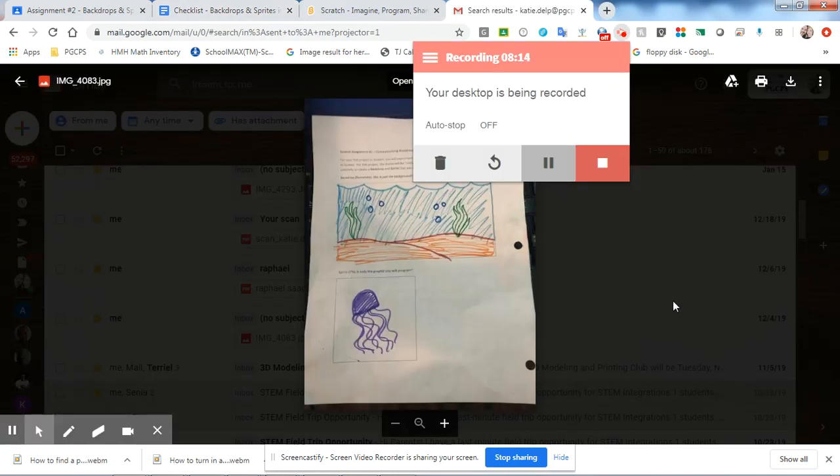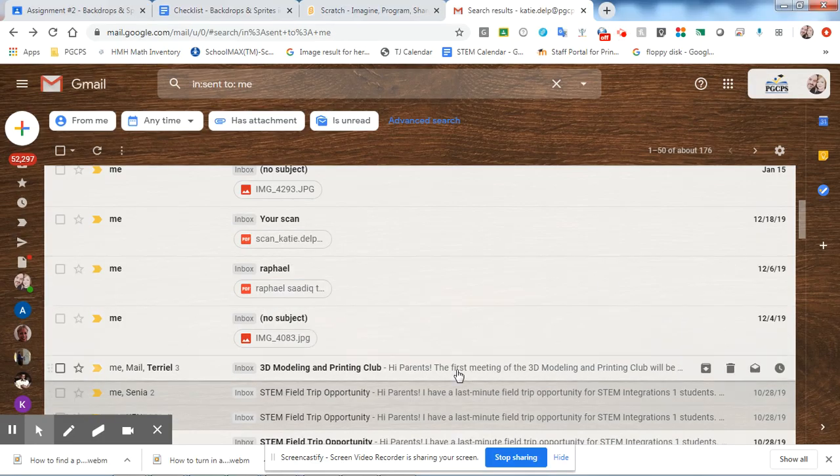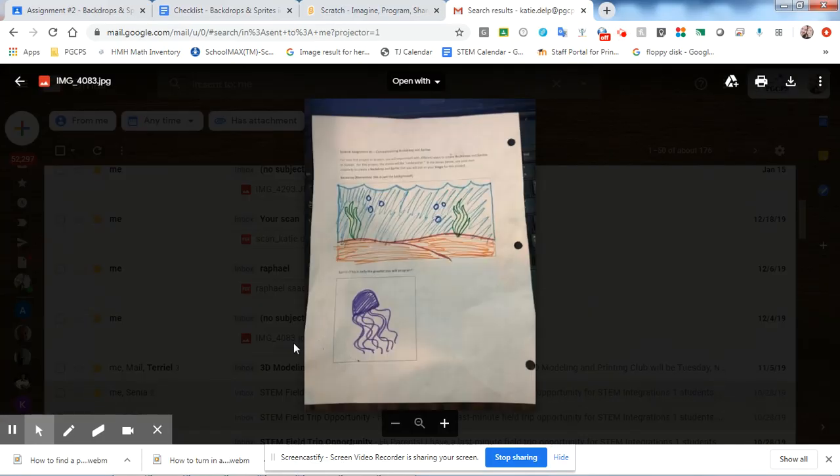Okay, so the very first thing that you're going to have to do is I want you to think about an underwater scene. And I want you to think about it in terms of a backdrop or some scenery that would be in the background of your stage. And I want you to think about it in terms of a sprite, something that would be doing something in your underwater scene. All right, so for this, to make it easy for you, I want you to picture an underwater scene, and then I want you to picture some sort of sea creature that might live in that underwater